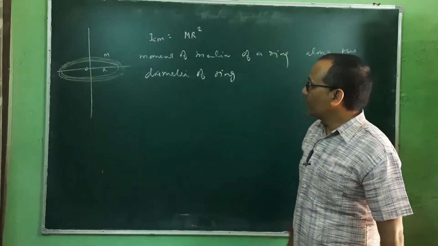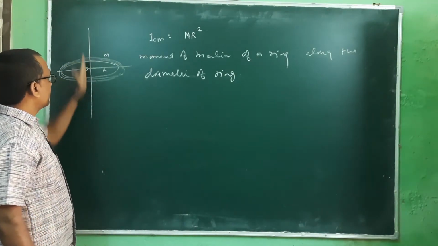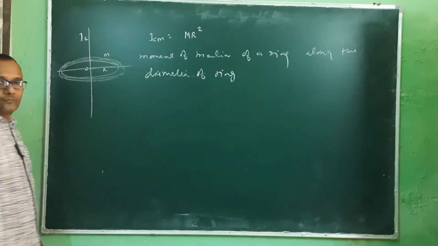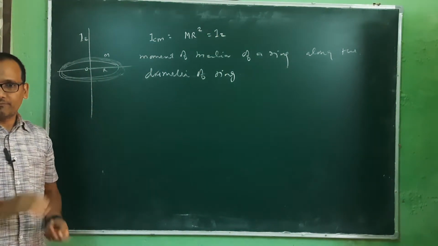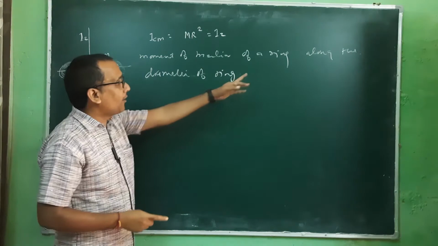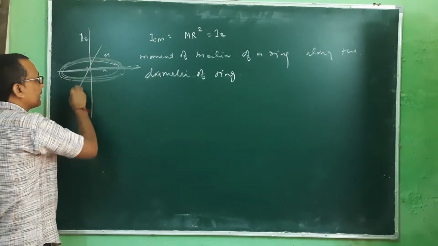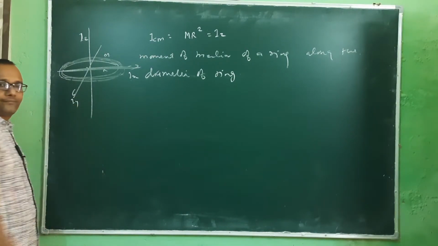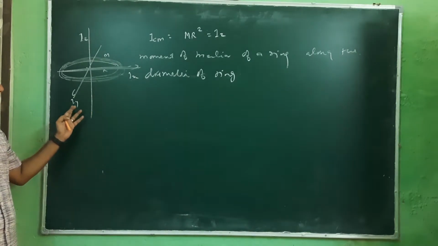So let us see how we will use the perpendicular axis theorem here. We are taking this as a planar structure. So this is perpendicular to that surface, means this is IZ. So here this ICM is actually IZ, because this is normal to that. And we can take this, this is just along the diameter. Diameter is like this, along this. Diameter may be like this. Okay, so this is IX and this is IY. And in both cases, since the diameter is identical, IY is equal to IX.